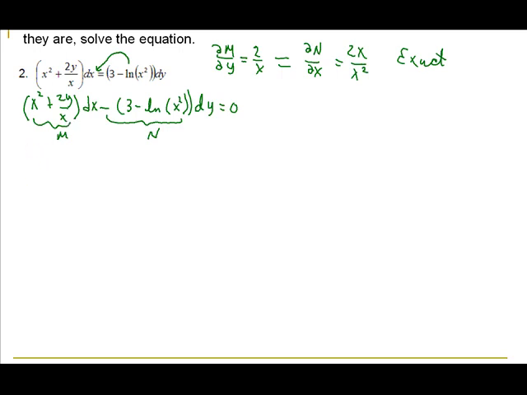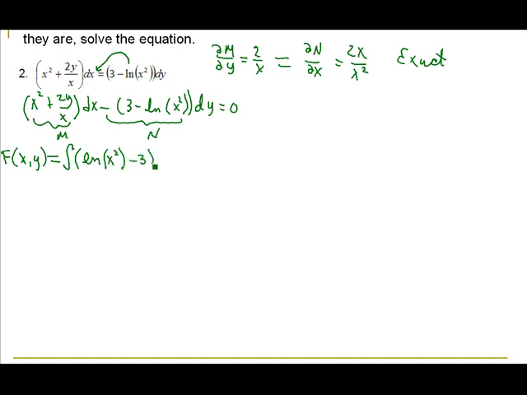Okay, when I determine my solution is going to be f of xy is equal to 0. And I can start by integrating this function with respect to x, or integrating this function with respect to y. Because I don't have any y terms here, let me start. This will probably be the easier method. I'm going to integrate, let me bring that natural log first, because this minus and negative will make that a positive. Natural log of x squared